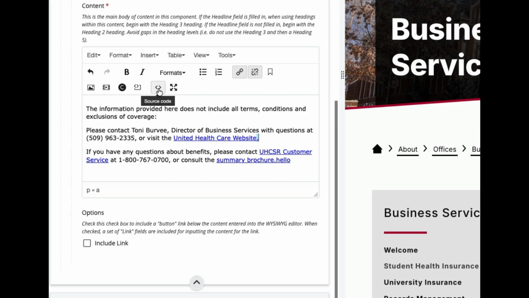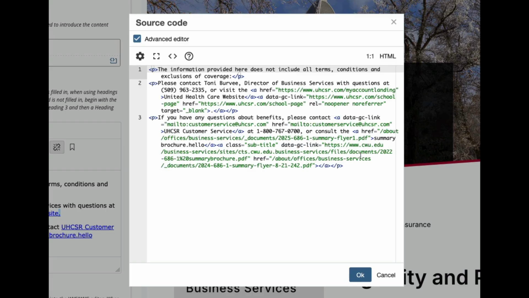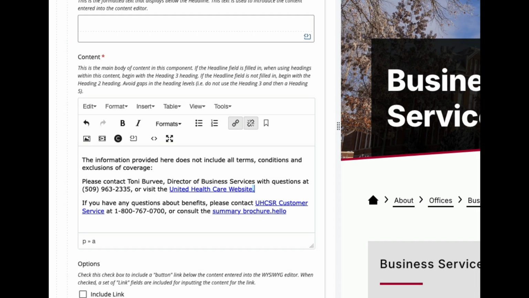If I click source code again, what I'm going to see is that Cascade has added that part, the word hello, to the link that is currently active on the page. And that's it right there. I'm going to cancel this, go back here. I'm going to place my cursor at the very end of that word that I added. And with my delete key or my backspace, I'm going to remove